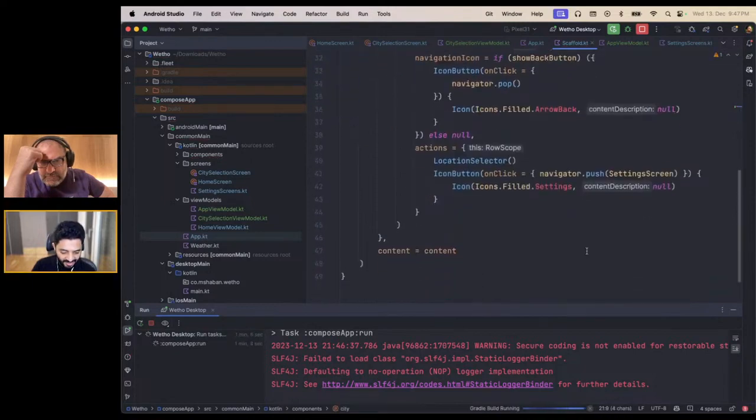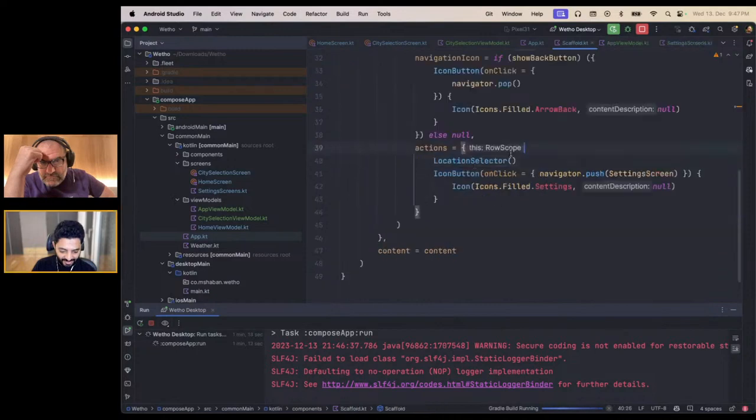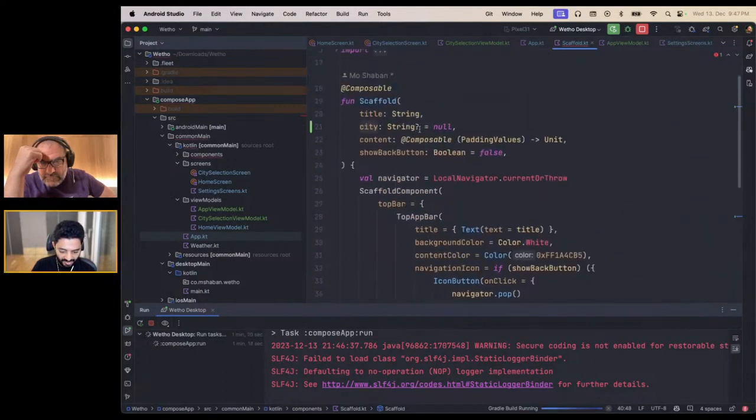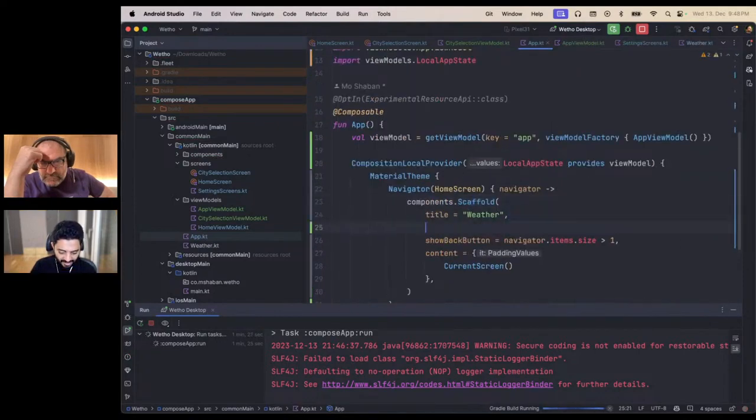And put the city in the right place. We have this selector. City equal to city. But that one can't be null. And now in the scaffold here, we put the city equal to